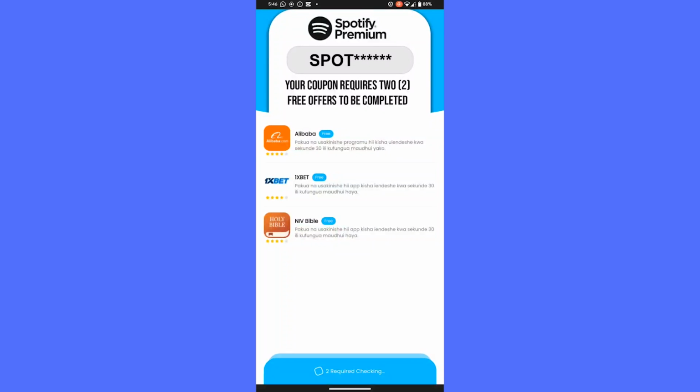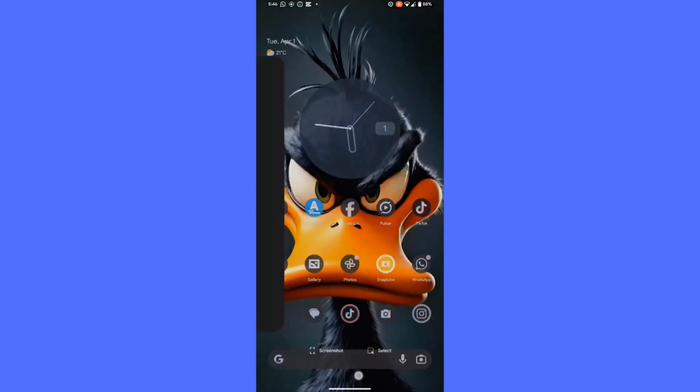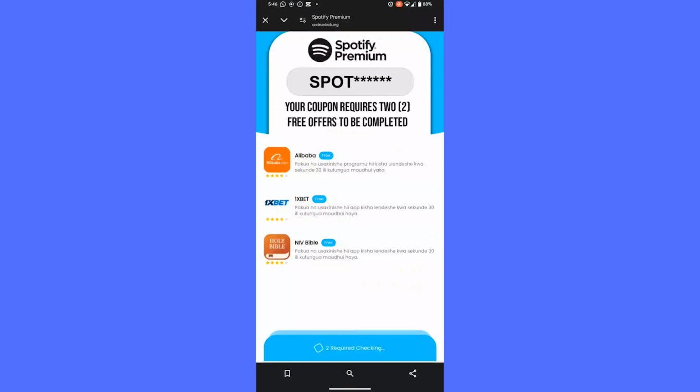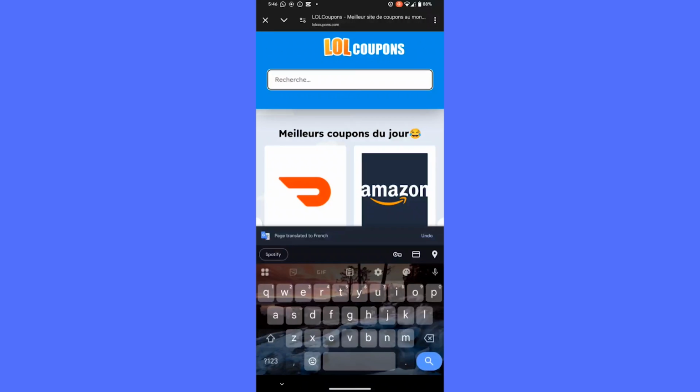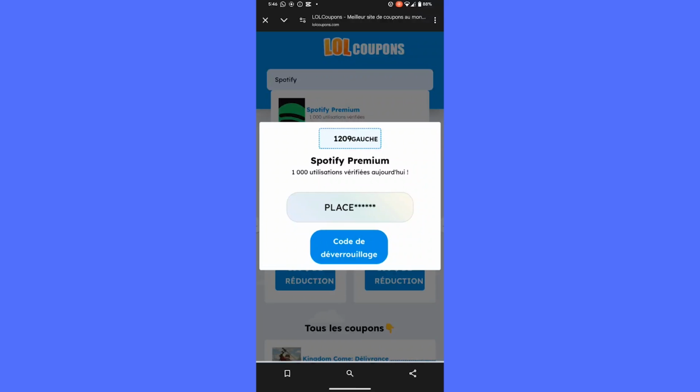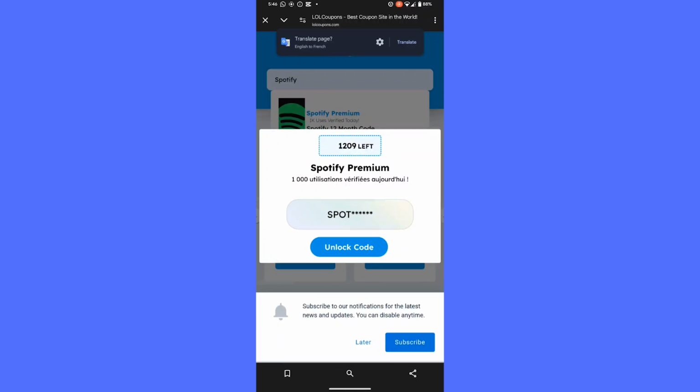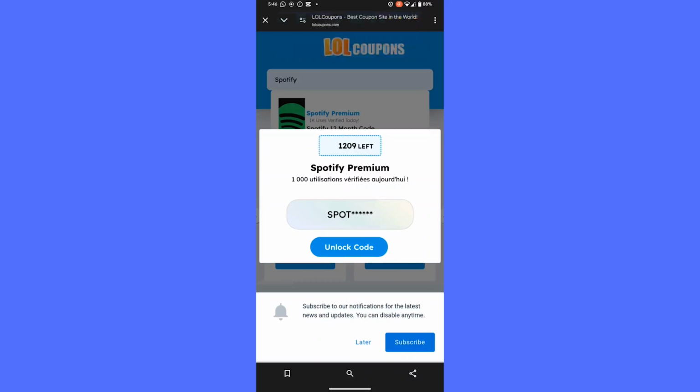And after you do that, now you are going to go back to your app and you are going to refresh. You are just going to refresh and you press on Spotify again. And then when you head over to Spotify, then you press on unlock code, you should see your code. And that is how to get Spotify for free in